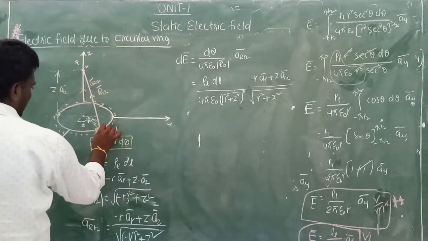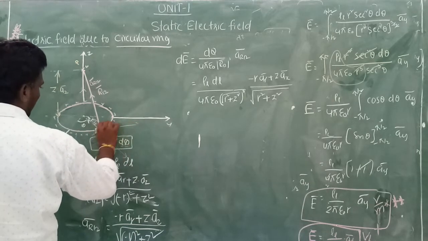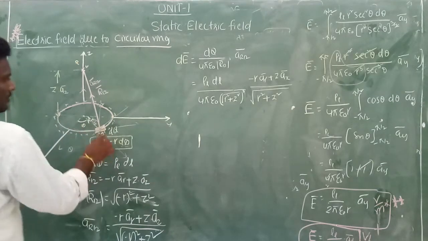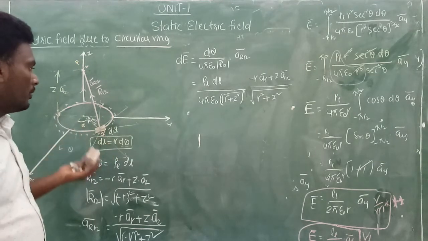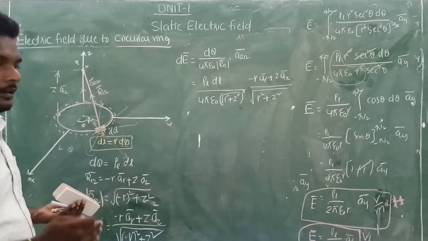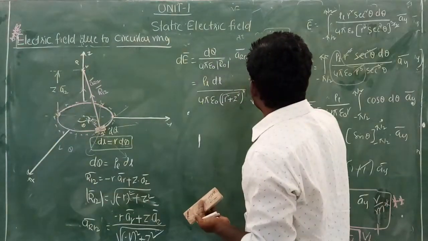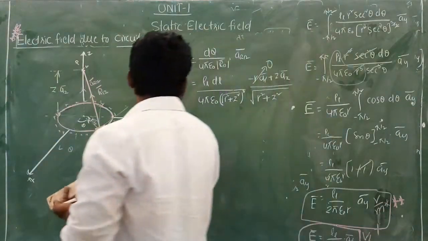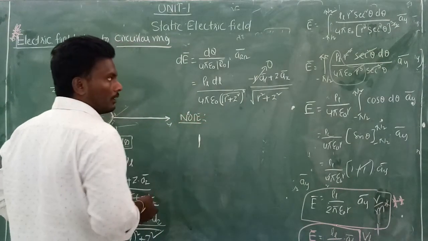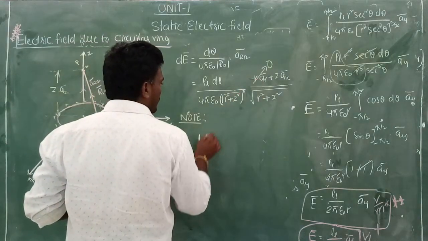Now see, in the previous explanation, there is a differential charge here. So for this differential charge, the electric field lines will be radially distributed like this. So that's why the radial components for these differential elements have equal magnitude, and there is a positive and negative z direction. So that's why the radial component will be equal to 0. Note the radial components: if you do the integration, you will get 0 only. If you want, you can do it.